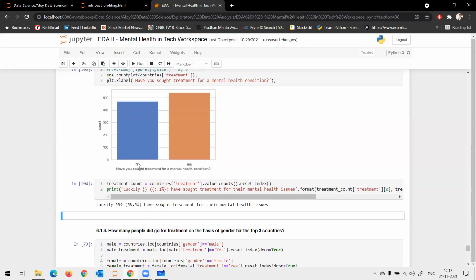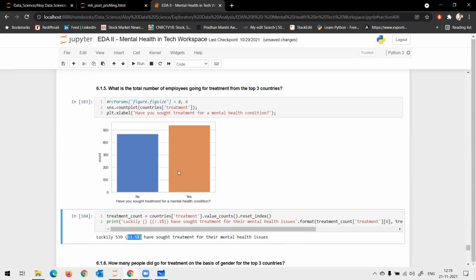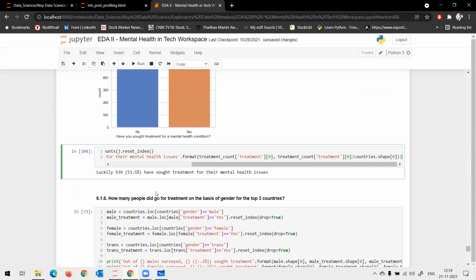Now the distribution is 53 to 47, or I can say 54.5 to 47. What can I infer from this? The ratio is slightly more, right? Yes, sir. So I can infer that the first world countries are willing to go for treatment, correct, compared to the overall data. Are you with me? Yes, sir.